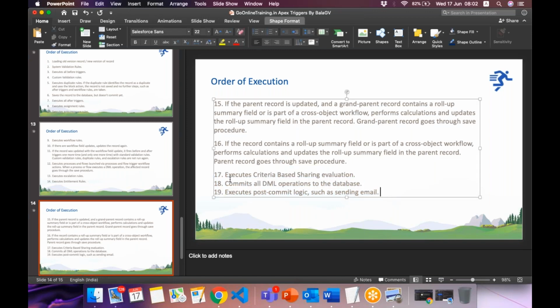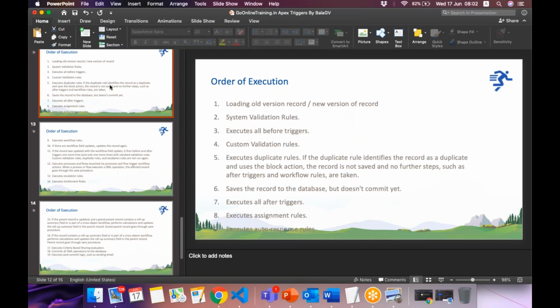Okay. So every record, when a user clicks on save, will follow this order of execution. All the 19 steps will be executed, and if anything goes wrong, the record will roll back and take us to step 1.